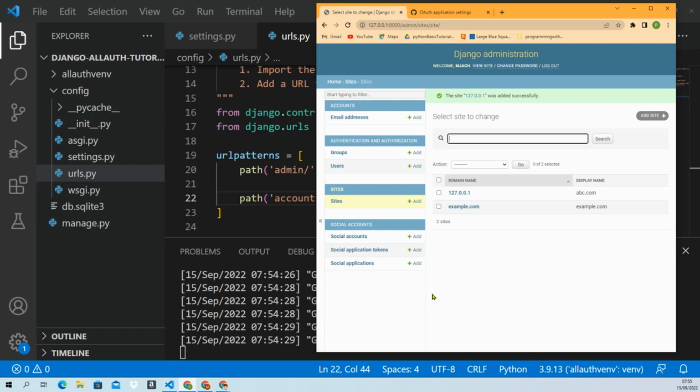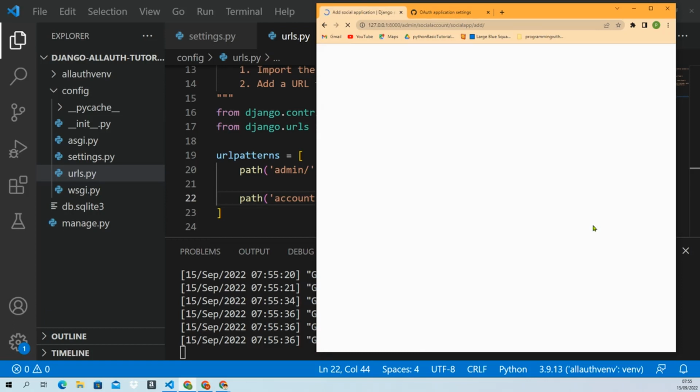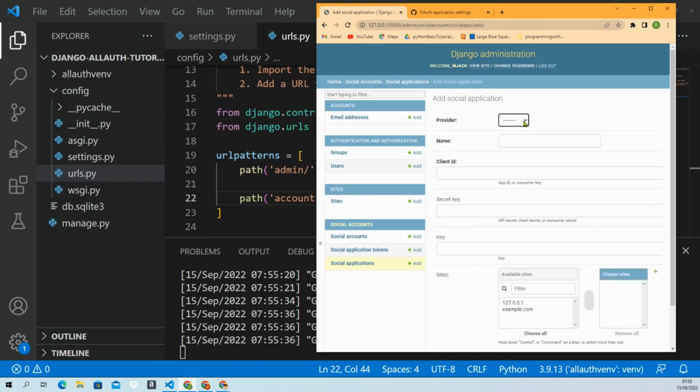Now next, go to the admin and go to the social applications, where we'll configure GitHub's auth stuff, like the client ID and client secret. We're going to do it step by step. Just go to social application, add, and here we will add those client ID and client secrets and give all the names. The provider here, you see it will give us GitHub, because we set the provider as GitHub. The name could be GitHub. Okay,